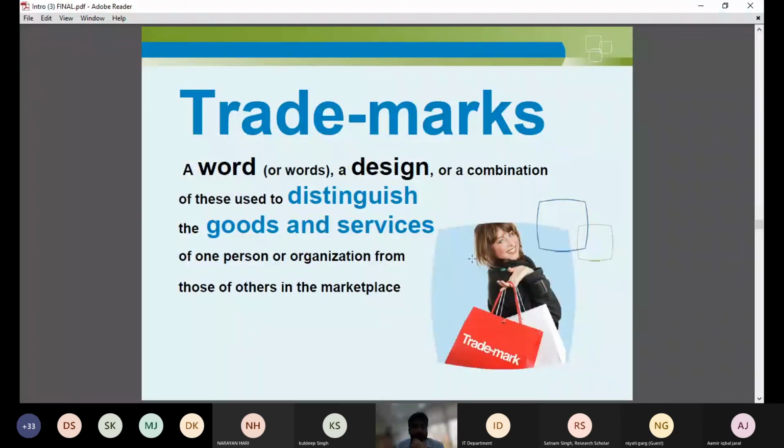Now, this was all about patents. Our second topic for the day is trademark. So, what is a trademark? A trademark is also given in the form of a legal certificate that will give you exclusive protection or exclusive ownership for the brand name, or the name that your company represents, or the name of your company, we can say. For example, a word, a design, or a combination of these things that is used to distinguish the goods and services of one person from others.